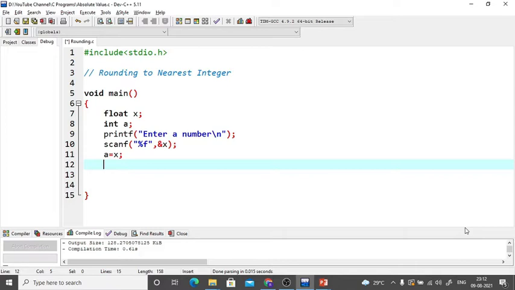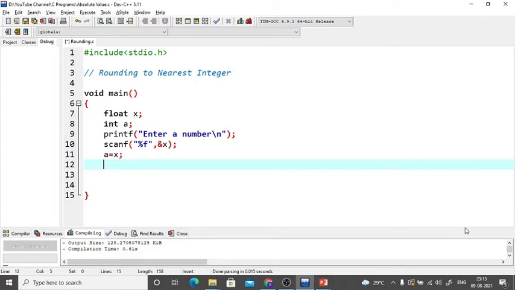What logic we're going to apply now is, once we get the integer part of x, we'll subtract that integer part from x and see what the difference is. If the difference is 0.5 or greater, we will add 1 to a, and if it is not 0.5 or greater, we will keep a as it is. Again, it's a typical example of an if statement. Whether to add 1 to a or not is what we need to decide. So see how we do that.